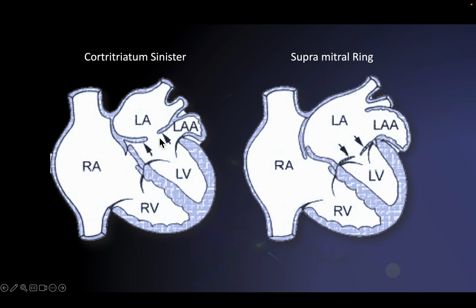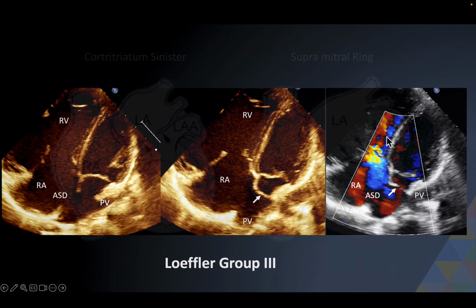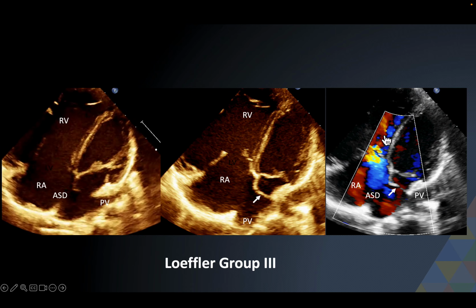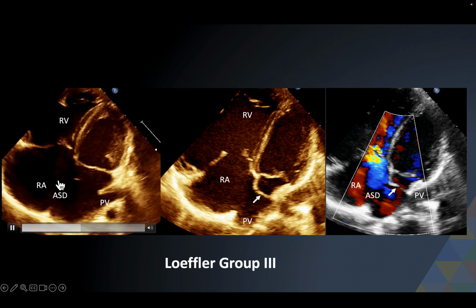You can have that just above the left atrial appendage, and these are the pulmonary veins which are draining, and that membrane could be obstructive or non-obstructive. But as compared to a supramitral ring, which is actually at the level of the mitral annulus, and it is distal to the left atrial appendage. Going to show you an example of